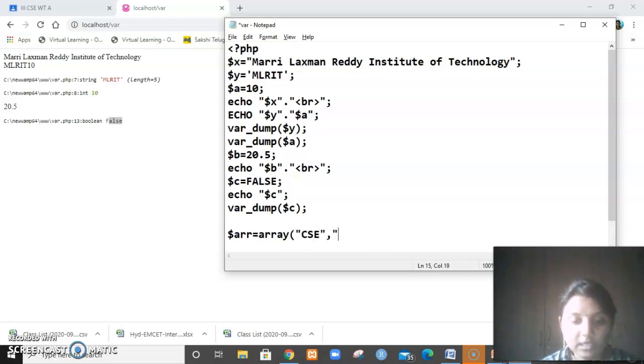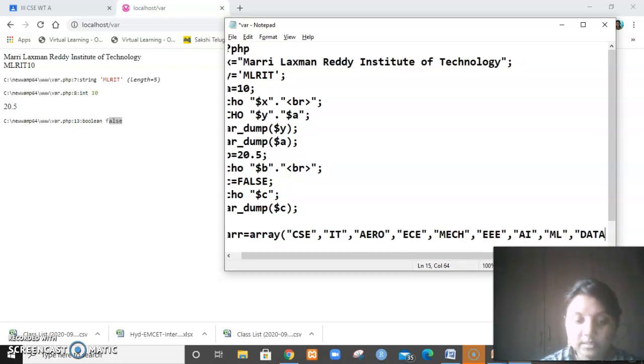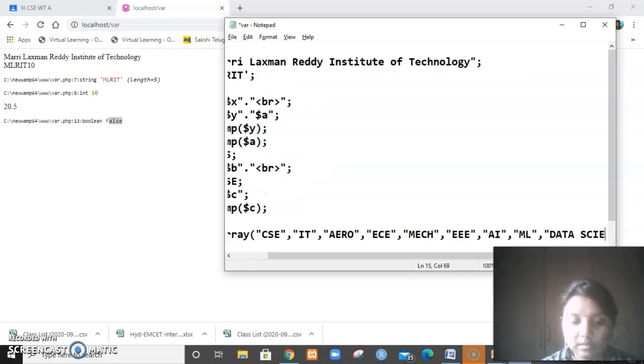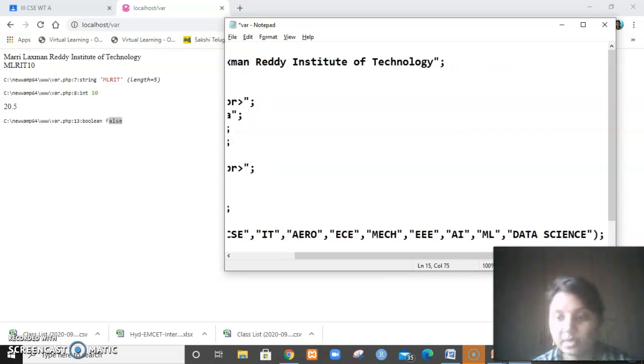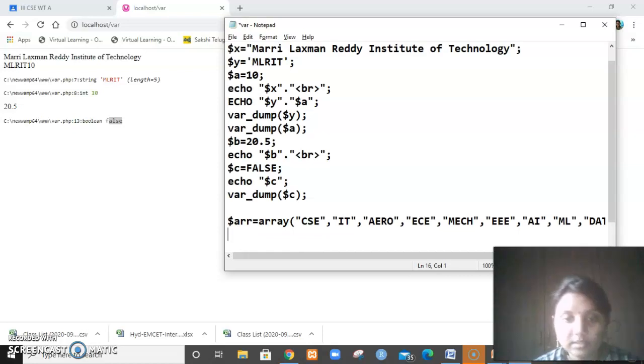So CSE, IT, Aero, ECE, Mech, EEE, AI, ML, and data science. Okay, these are the few branches which MLRIT has. So I just gave them there.